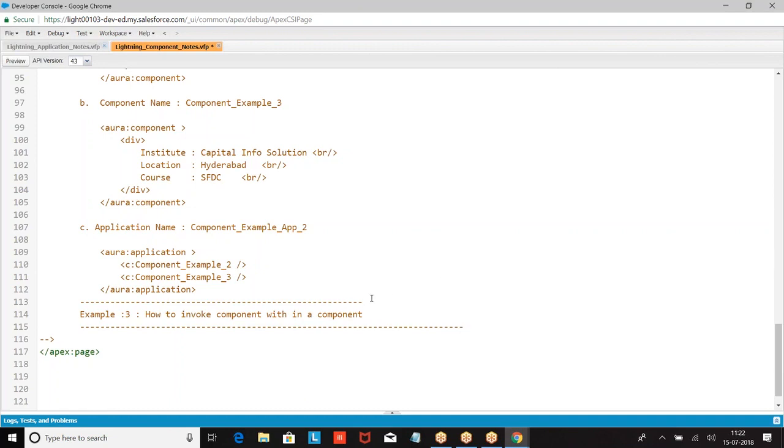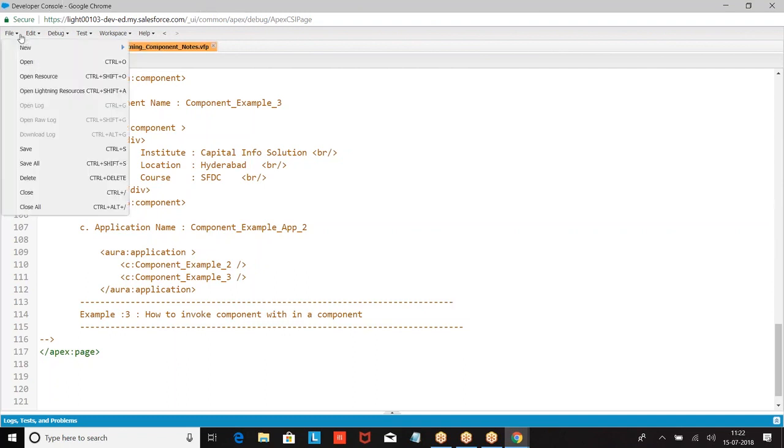So I want to create a component and I want to invoke this component within another component. So let us take the next example.